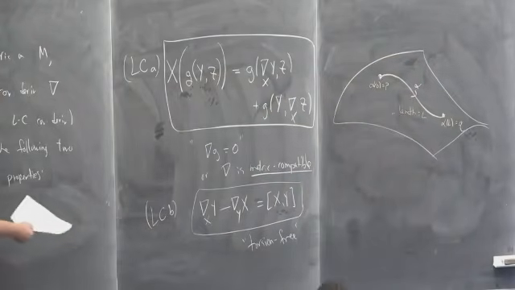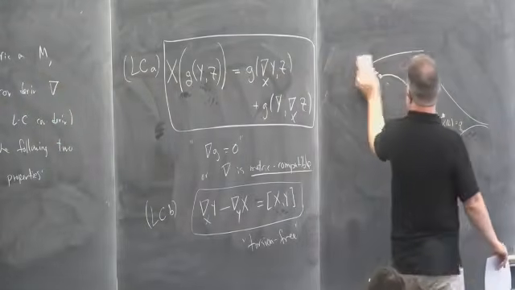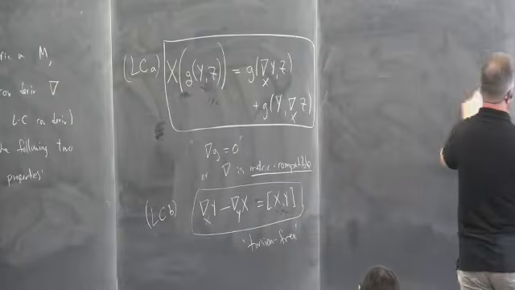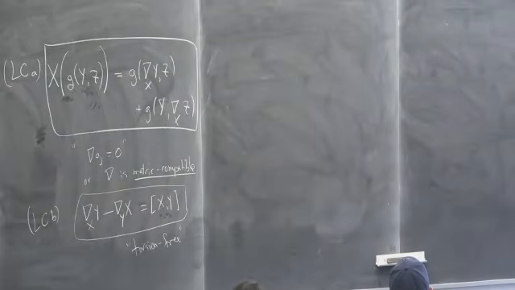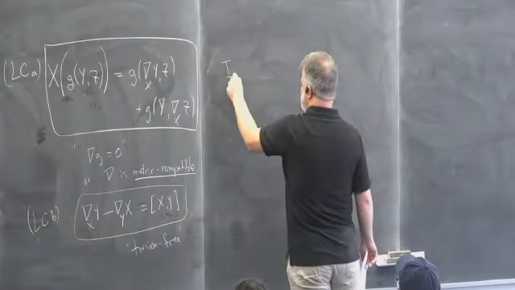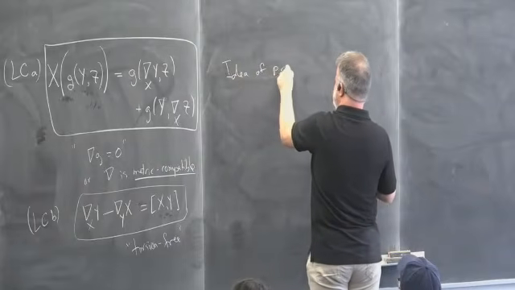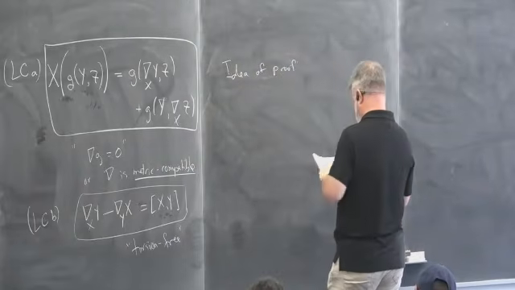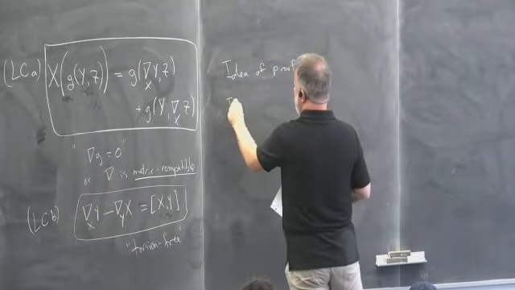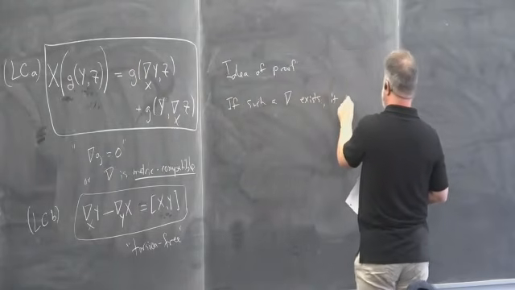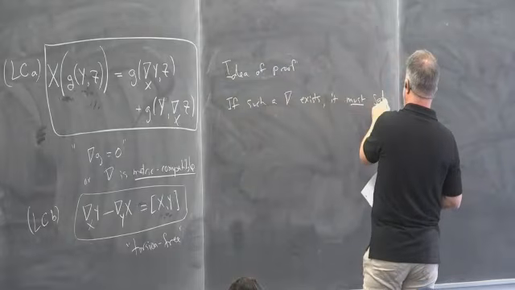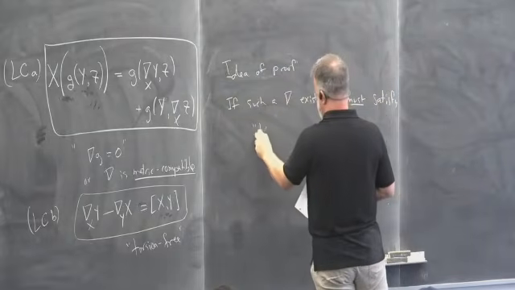So let me give you an idea of the proof. It's just a computational proof. By the way, this is called the fundamental theorem of Riemannian geometry. It's a little bit overhyped because it's trivial to prove. So it shouldn't really be called a fundamental theorem, but it is. So the idea of the proof, you can fill in the details. If such a nabla exists, it must satisfy the so-called Koszul formula,